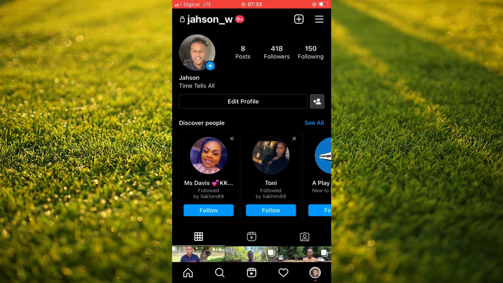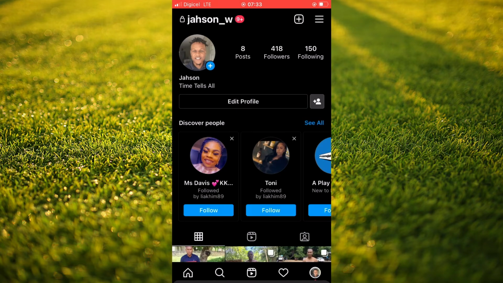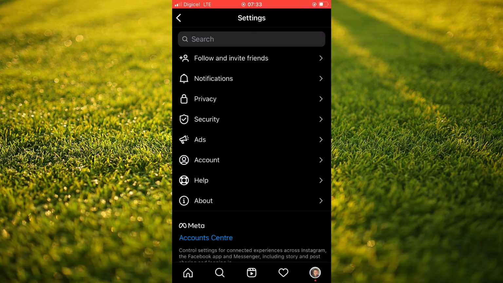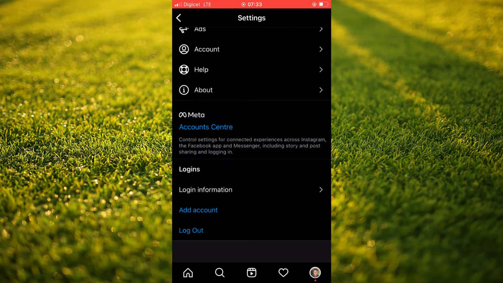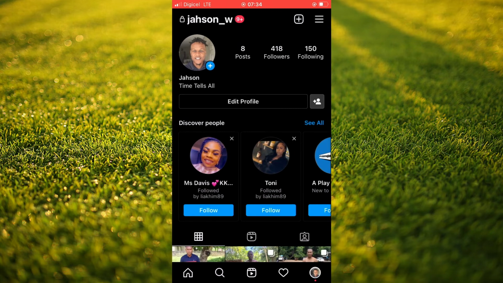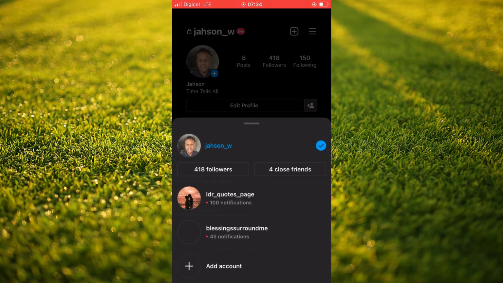So you will tap on the three dashes in the top right hand corner. Then you're going to tap on settings, and you would scroll down and you would tap on add account, and from there you would create another Instagram account, or you would add a second account. Because if I go into my other account on this device,